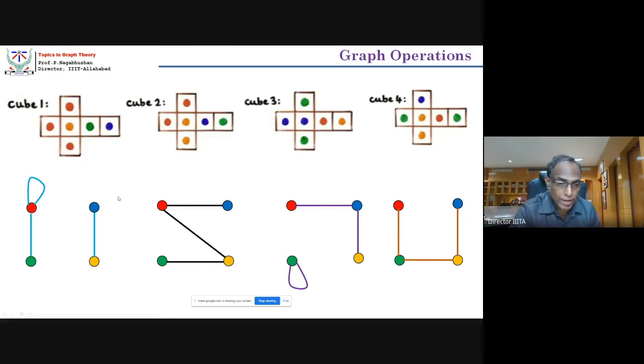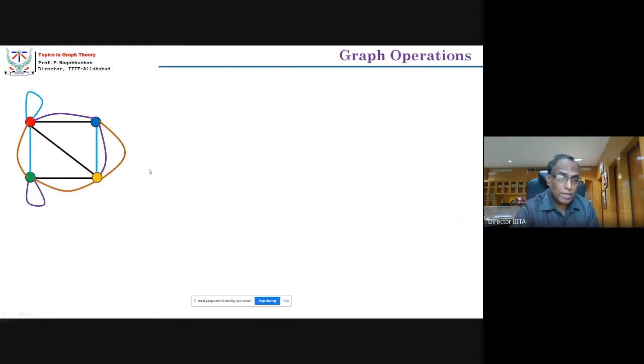When I do the union, because all 4 vertices were in common for all these graphs, the resultant graph shall have only 4 vertices, but the edges shall be 3 into 4. There shall be 12 edges, isn't it? Because 3 edges are contributed by each cube. There shall be 12 edges. Now I shall indicate 12 edges, and in the next diagram, what I have done is this is